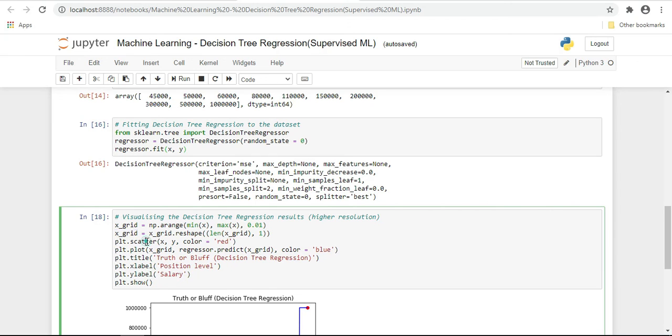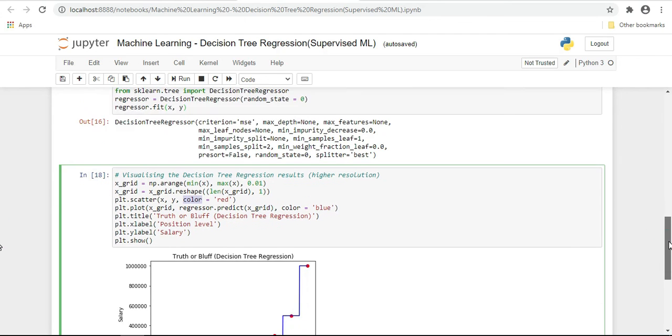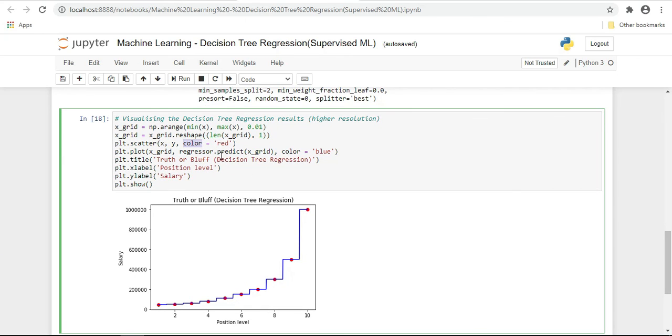Now we will plot. First is a scatter plot of the values of x and y, and we make the color red. Wherever these red points appear, you see, these are our scatter plot. Now we will plot x, meaning these values, with the regressor, which is the decision tree regressor, then predict. We will predict based on x_grid.